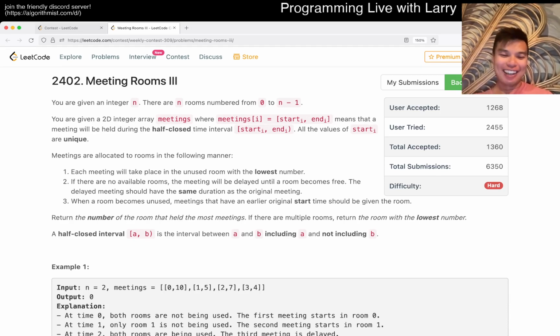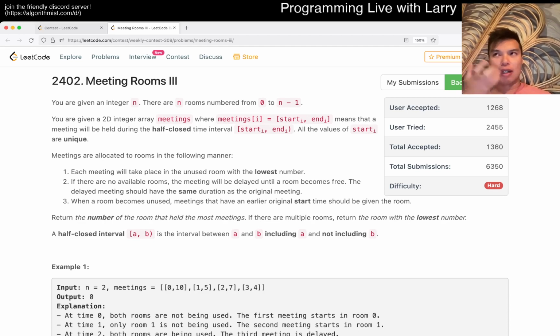Anyway, to be honest, I think this problem is just a data structure problem in a way that is a simulation problem, right? What I mean by simulation problem is that you have these rules, you have these conditions, and all you have to do is follow them, but in a way that is efficient enough that